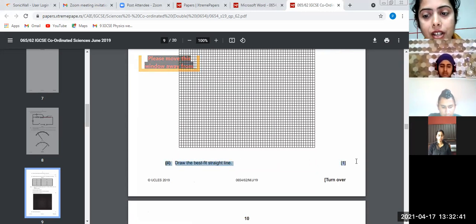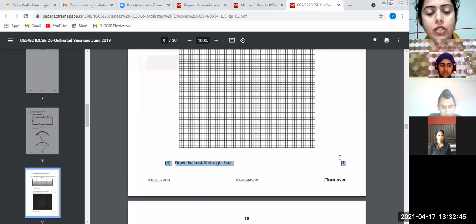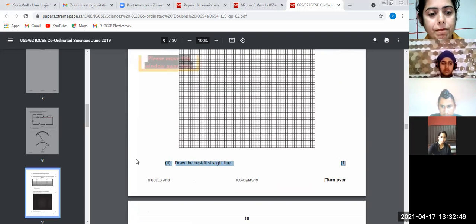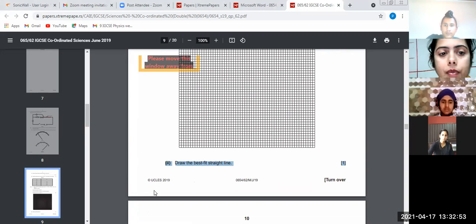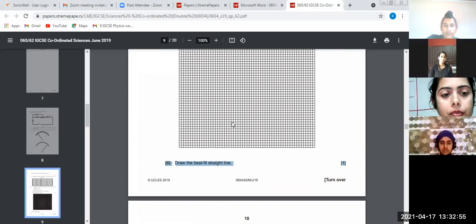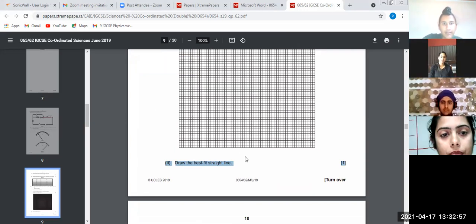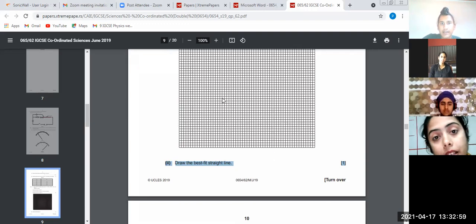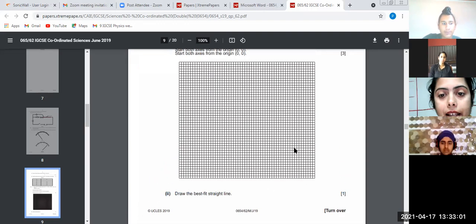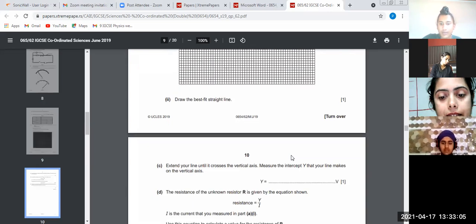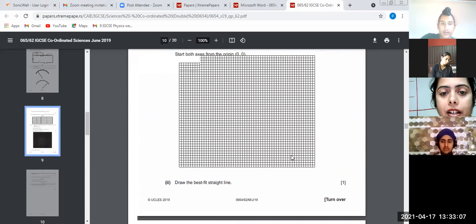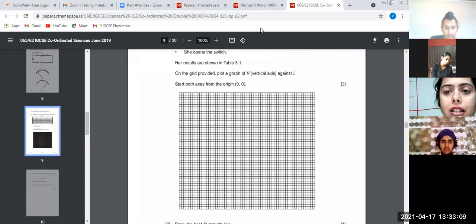Draw the best fit straight line. What do you mean by this? Best fit straight line. हाँ जी बच्चा. मैम उनके मैम जो भी पॉइंट्स हैं उनको मैम स्ट्रेट लाइन से कनेक्ट करेंगे. और मैम लाइक नेक्स्ट क्वेश्चन में उन्होंने मैम पूछा होगा कि मैम उससे 0.10 वाले की मैम रेजिस्टेंस फाइंड करो मैम. हाँ, तो फिर आप रेजिस्टेंस फाइंड करोगे. अच्छा, सबसे पहले ये बेस्ट फिट की बात कर लेते हैं.